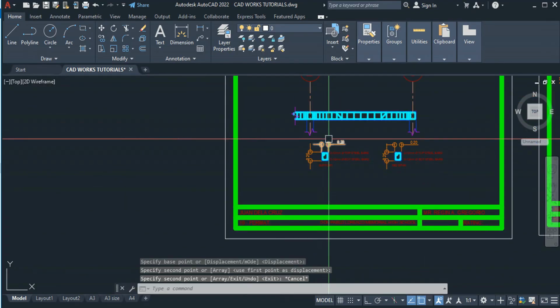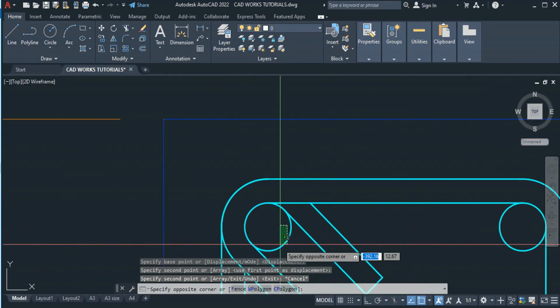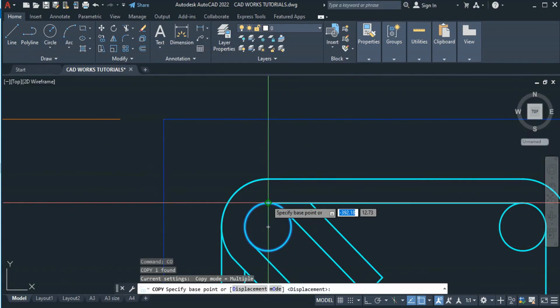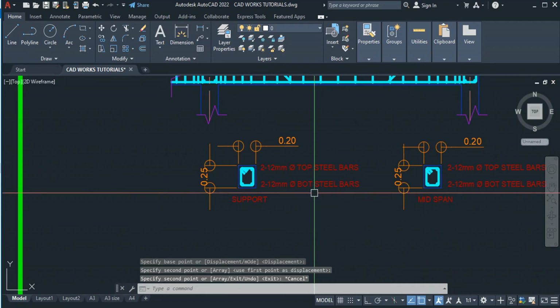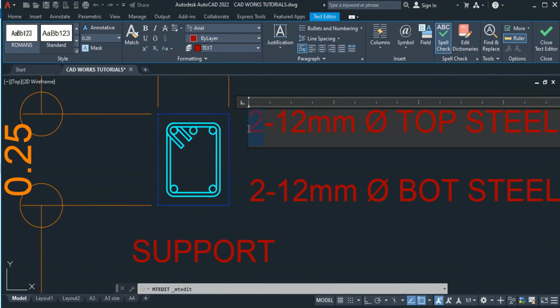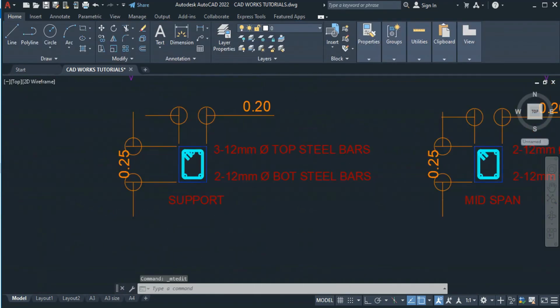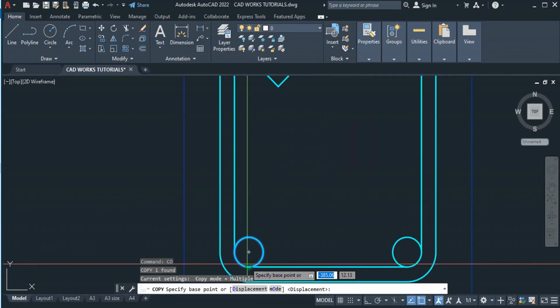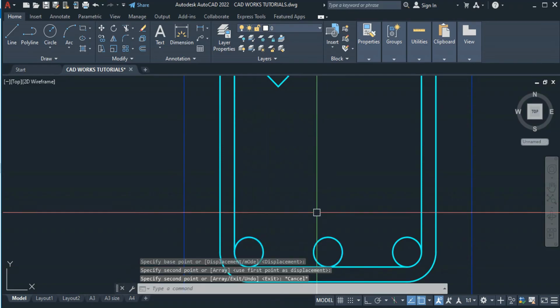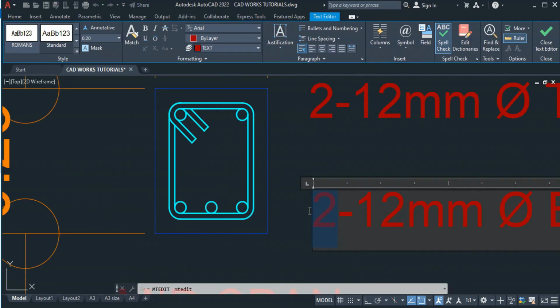Okay, so you have to draw another one. So here, this time mag-add ako ng circle sa gitna, sa top. Okay, and then on the top, dito tatlo na po siya. So I'm going to edit this one. This is 3 of 12mm, and then dito naman sa baba on the mid span, which means bumaba ang bar or nag-slope ang bar, then papalitan natin siya ng 3 of